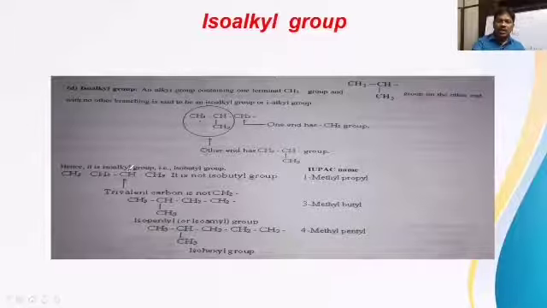As this carbon is directly attached to 2 carbons, it is called a 2-degree carbon. What is it called? 2-degree carbon. 2-degree meaning what? Secondary carbon. So it is a secondary carbon because it is attached to 2 carbons directly. And this butyl group is called what now? Secondary butyl. The free bond is on a secondary carbon. So it is a secondary butyl group, but cannot be called isobutyl. And the IUPAC name of this group is what? 1-methyl propyl.